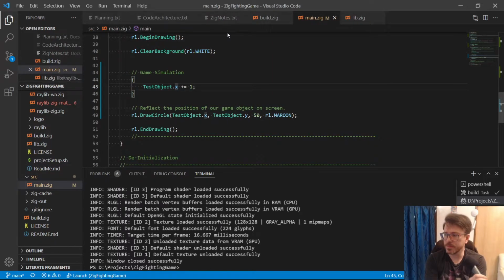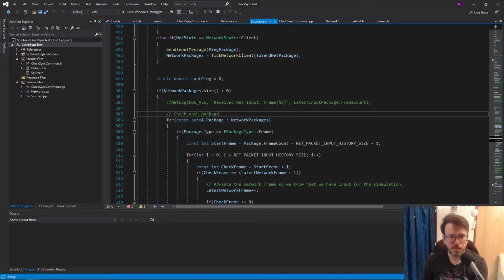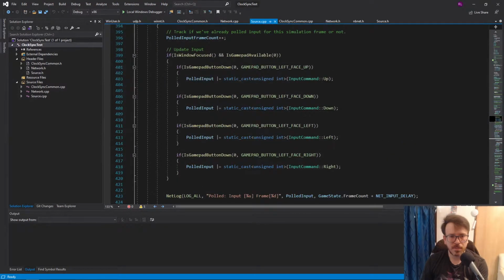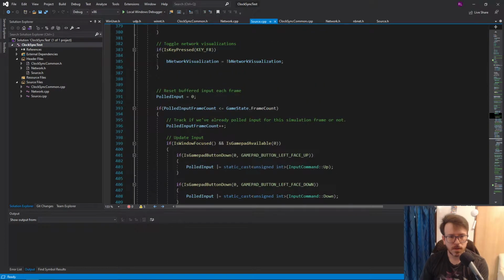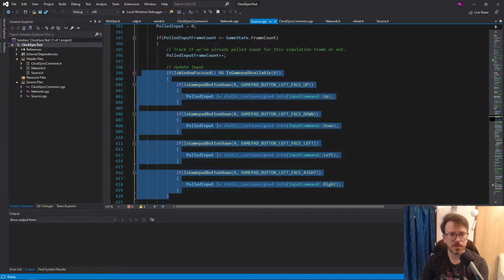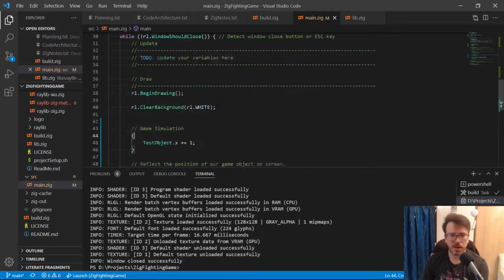Now, just to test it, I want to get input working, and so we have a controllable object on screen, right? So I'm just going to look a little bit back at my C code that I have here. So we're using isGamepadDown. I guess I'll set up a gamepad. I do have my controller set up. Okay. And honestly, I'm just going to copy this code real quick, and I'm going to modify it a little bit. Hopefully it will just kind of work. That's, again, this is from my netcode example.